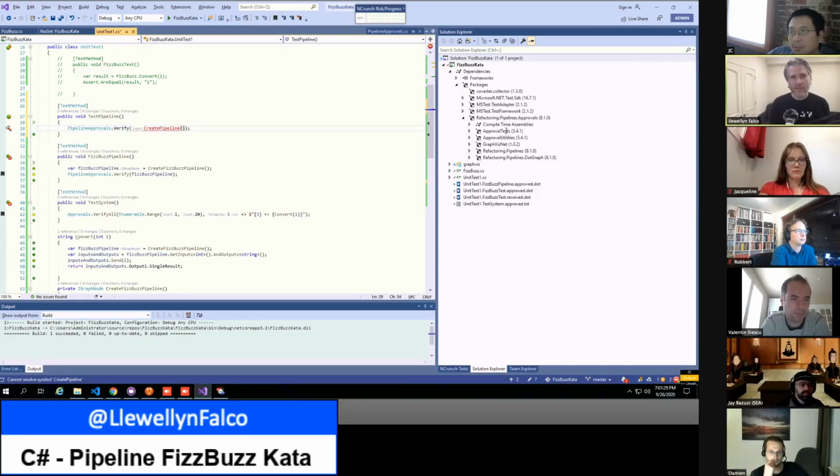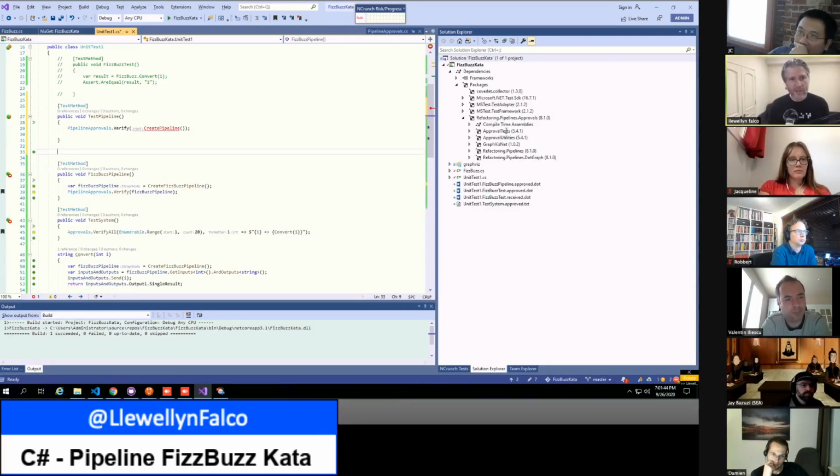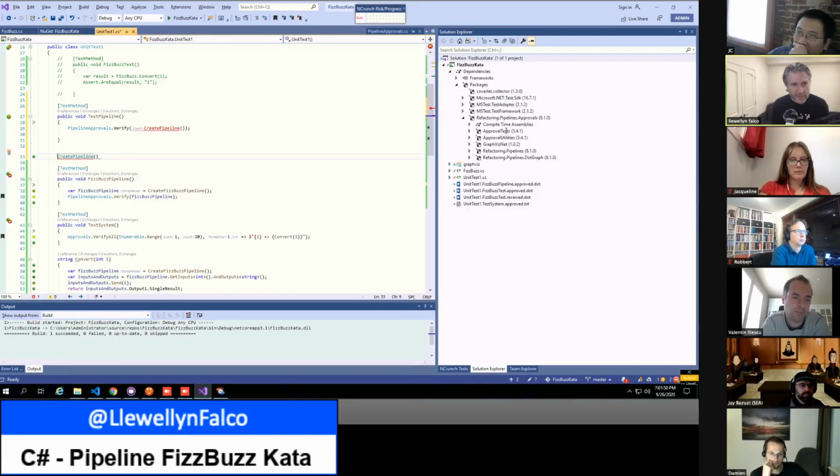And then you'd make a method right underneath this, called create pipelines, that returns whatever our other thing did. An input pipe?